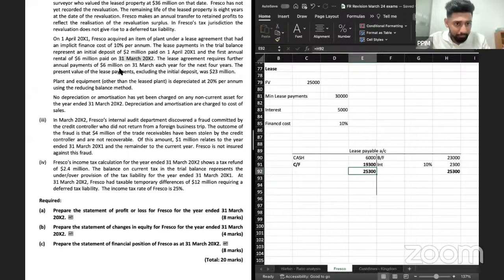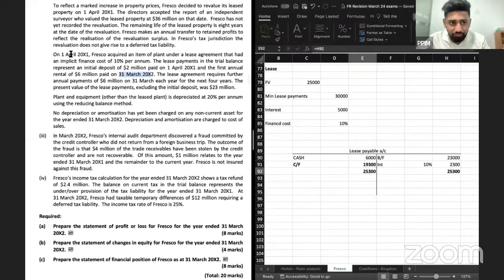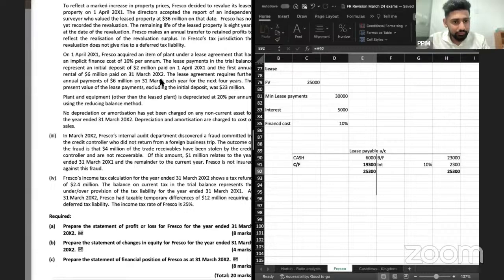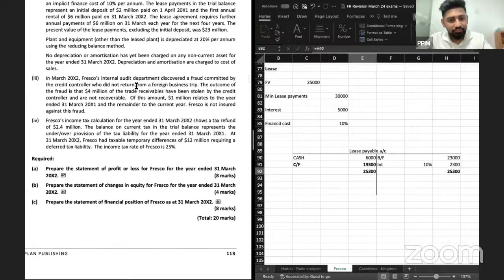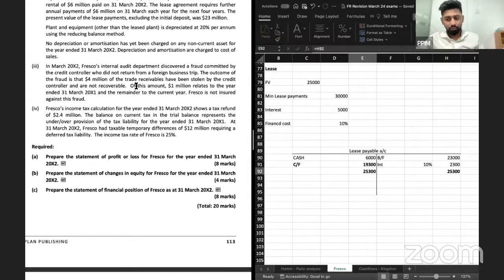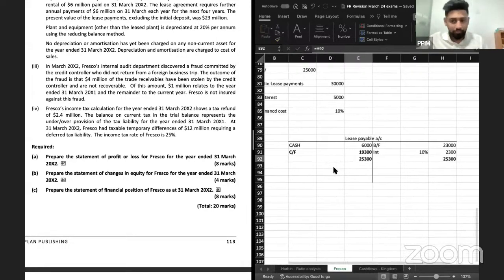Now, one thing you need to keep in mind is, you acquired on 1st of April and your year end is 31st March. April 2001 to 31st March 2002. Just 1 year gone. So out of your lease, 1 year gone. So when you're putting your T account, you have to do until the second year. If 3 years are gone, you have to do it until fourth year. If 2 years are gone, you will have to do until third year. The 2 million is a refundable deposit. Don't worry. That is already paid now. So you don't have to worry about that.